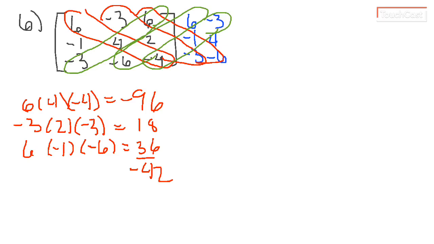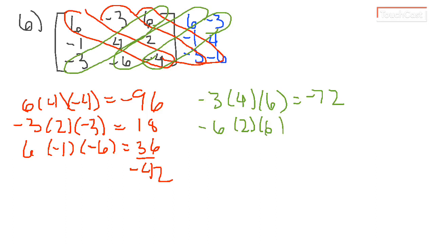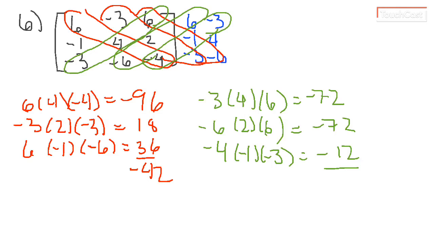And then if we do our upward diagonals, we're going to have -3 times 4 times 6, which is -72. We're going to have -6 times 2 times 6, which again is negative 72. And then we're going to have negative 4 times negative 1 times negative 3, which is going to give us negative 12. And if we add all of those, we're going to get